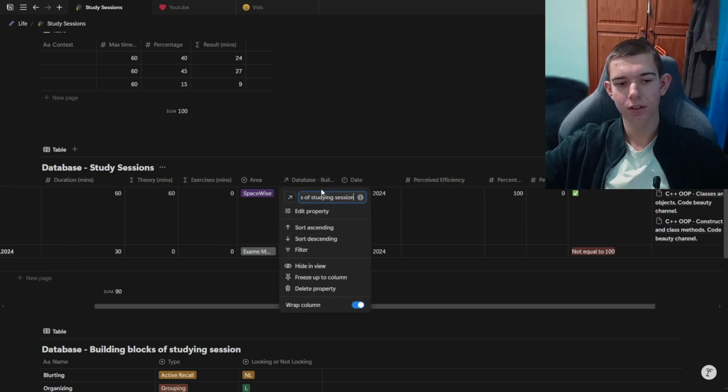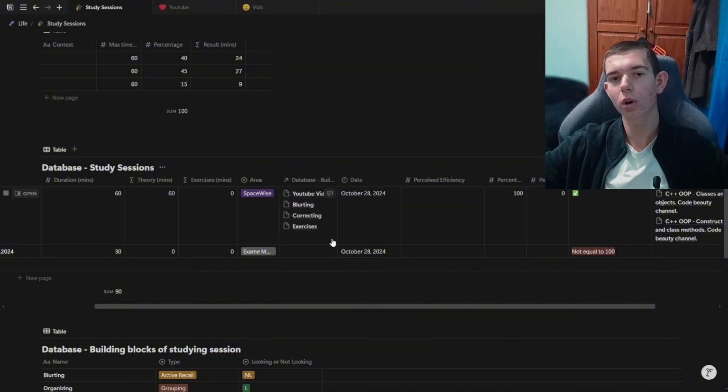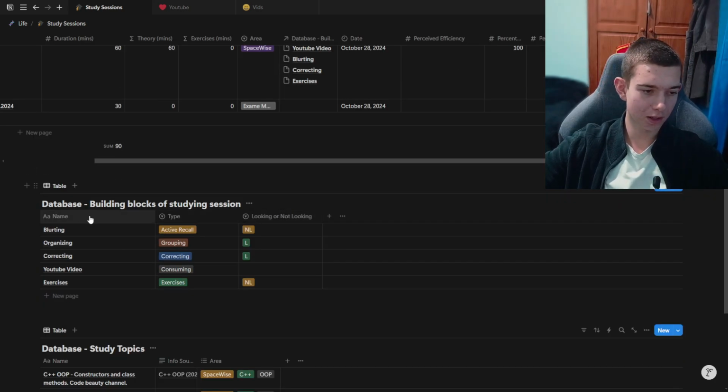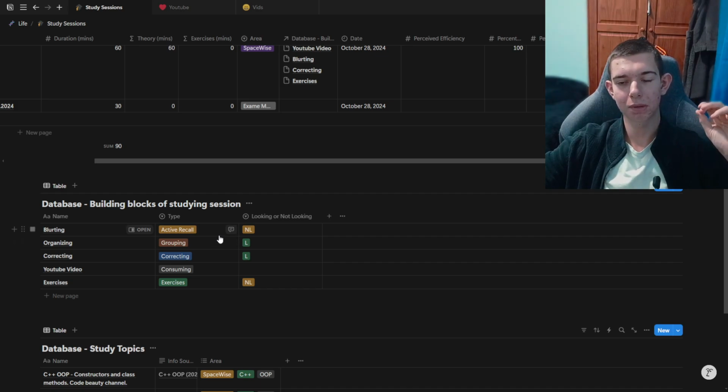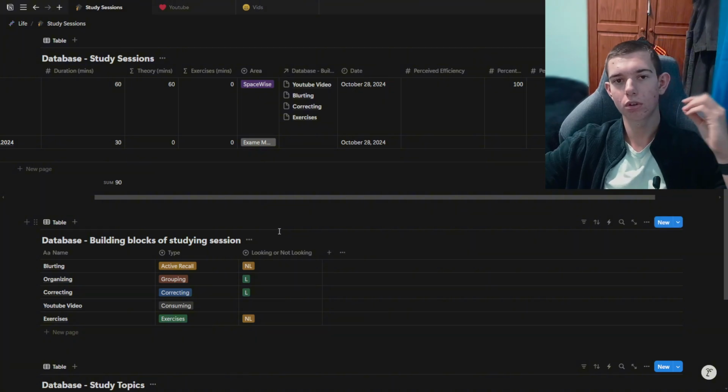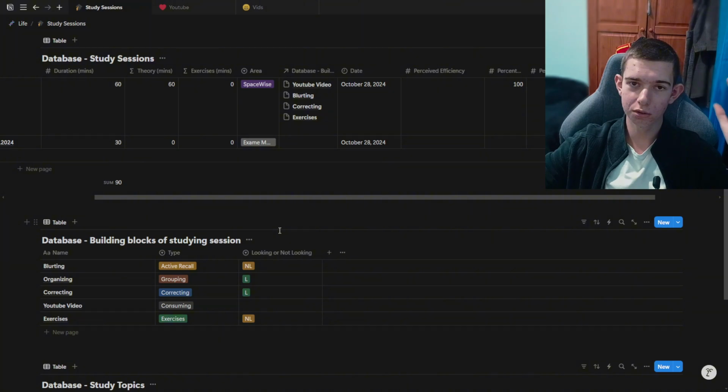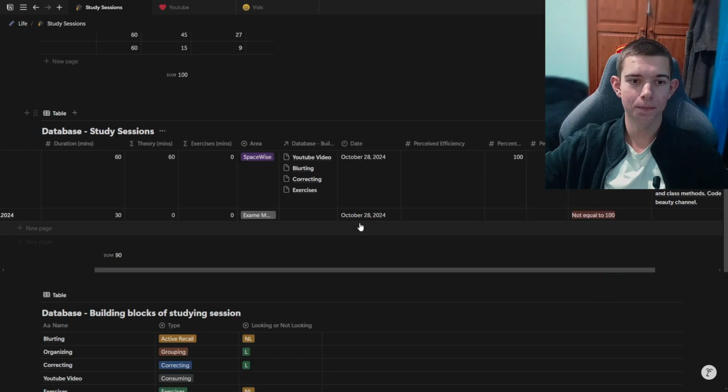So yeah, then we have building blocks of the studying session. What does this mean? This is like the techniques, and I have here another database. Before I explain this, let me tell you the purpose of this, because it might not be very clear. So this is for organizing myself, and to be honest, I don't even know the purpose of this perfectly. I just followed my intuition. I just followed what I thought was right, but I kind of know it's for being more organized,